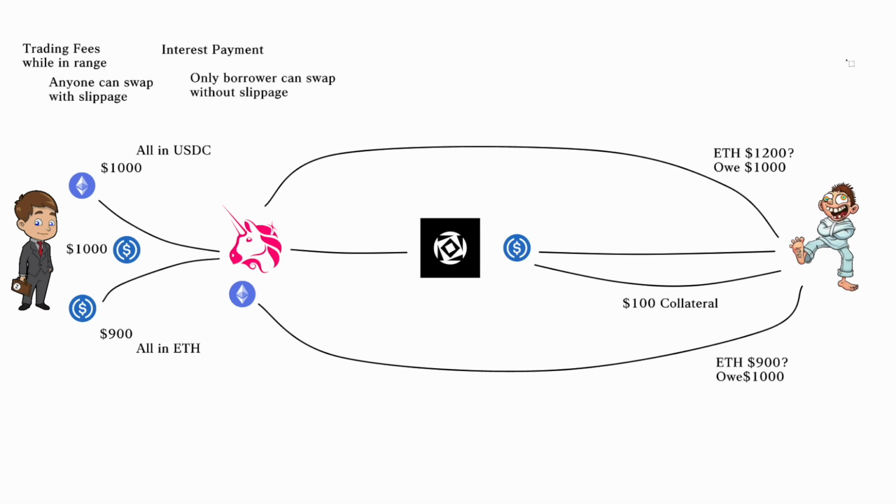So if the price goes up for Boosted Bill, because he's bought some ETH, right? If that ETH goes up, then he will still only owe $1,000 or 1,000 USDC, right? But let's say the ETH goes to 1,200 or 1,300, then that 200 or 300 extra dollars is his money. He's made it, okay? Now, this is how the collateral is calculated. It's based on if he loses, if he misjudges, okay?